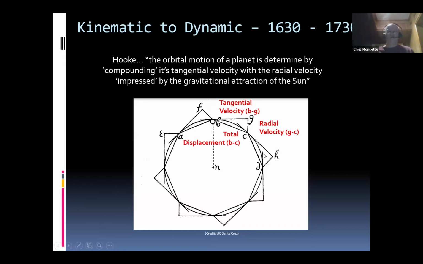In this case, N would be the sun. He's trying to conceptualize why things orbit. And this is the explanation and thinking he came up with that was eventually incorporated into